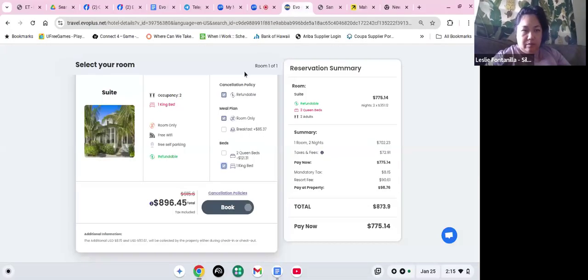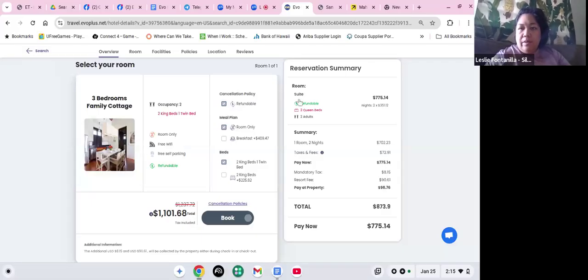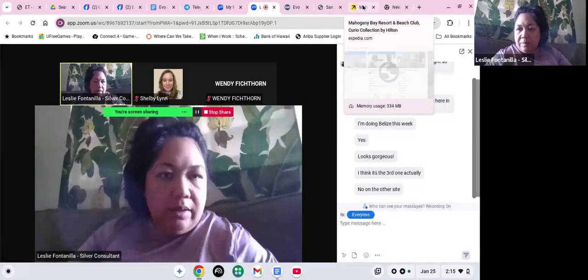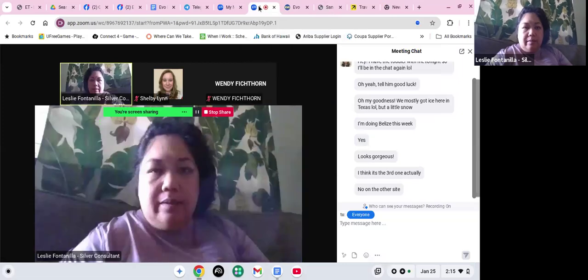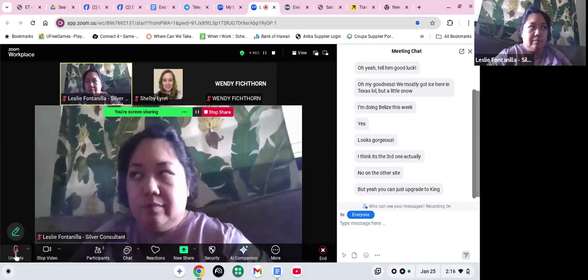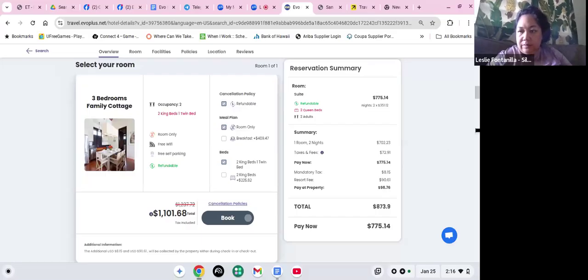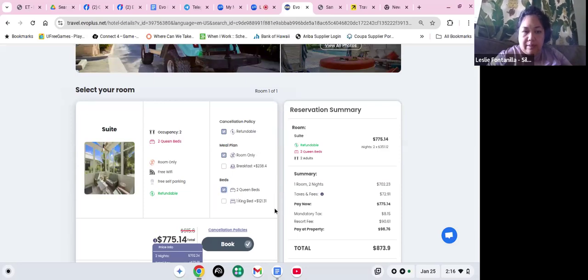Oh, let me see. This one? The 3-bedroom family cottage? Well, we can compare it actually. No, on the other site. Oh, let me see. On Expedia? Oh, you're right. If we do 2 queen beds, we can compare it to this. Give me 1 second. Okay. Sorry about that. So I will pick up this one. Okay, so the suite with the 2 queen beds,